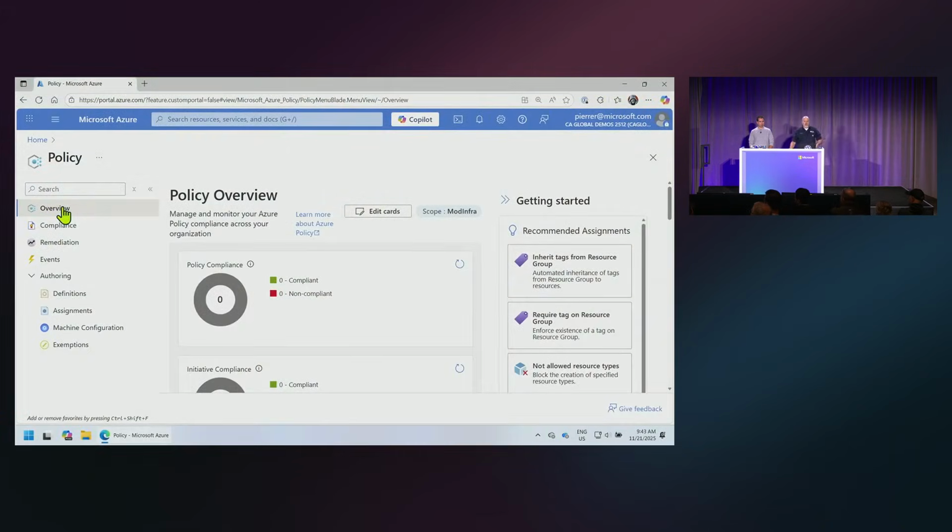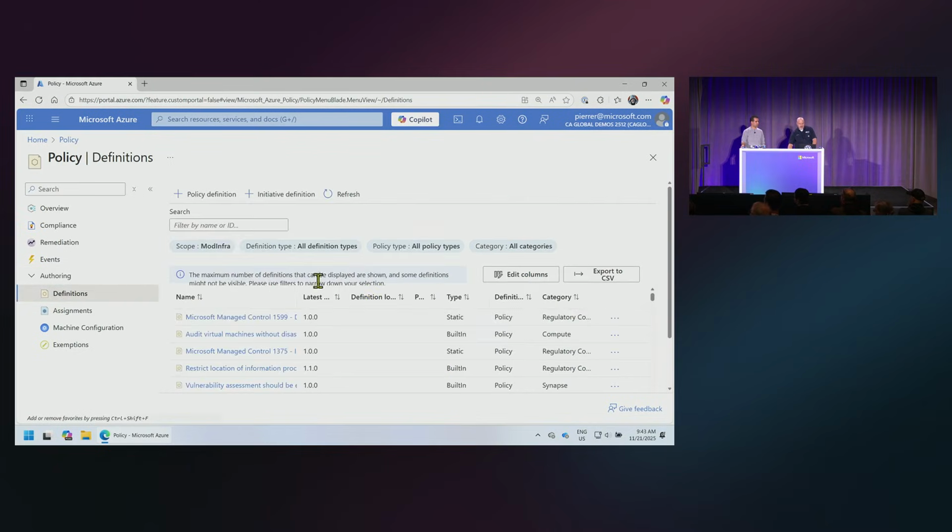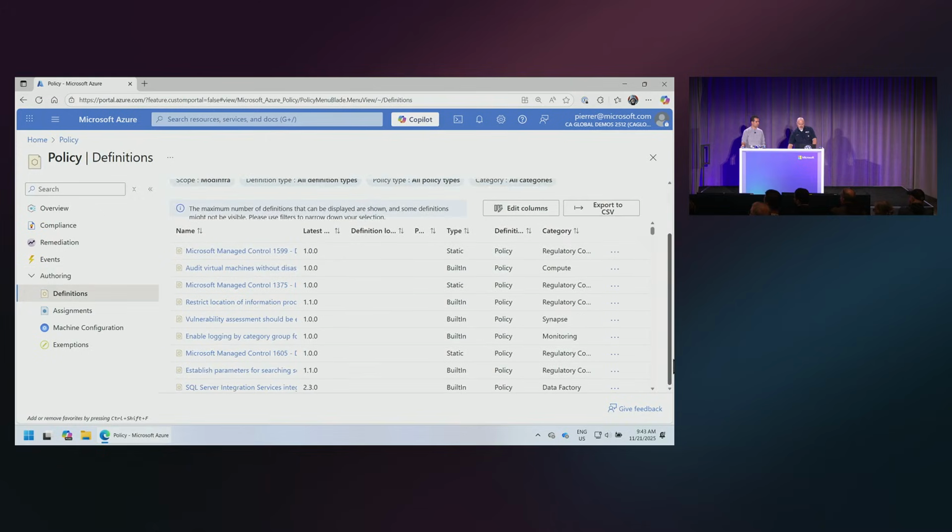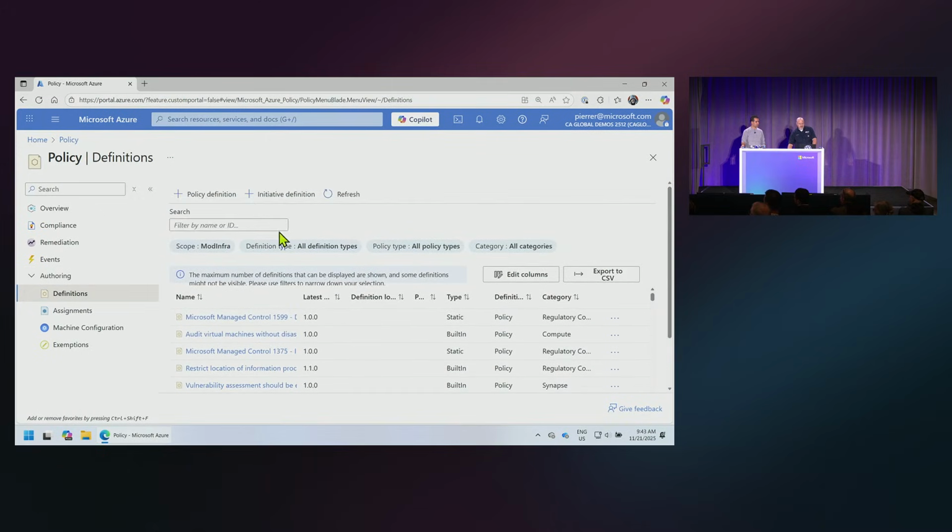But the guardrail, as I mentioned, is just the policy that we are looking at. So if we're looking at our policies in Azure, right now I've got 0 compliant and 0 non-compliant because this is just an empty shell. I have not applied any policies to anybody, but I can go to my policy definitions, and I've got all of the ones that are there. There are hundreds and hundreds of pages of that, but I want to search for Kubernetes.